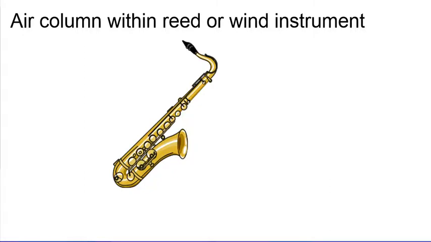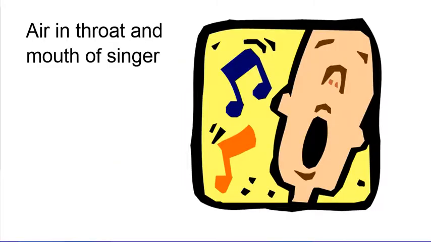And if you think of a wood instrument, the column of air is what is then initiated into vibration, what creates the sound. So it starts up here in the reed, and then through the entire instrument, through the air in the instrument, the sound is larger. And then for us, when we talk and when we sing, the air that is in our throats and in our mouth is what forms into the larger sound. It creates a greater vibration through the use of that.